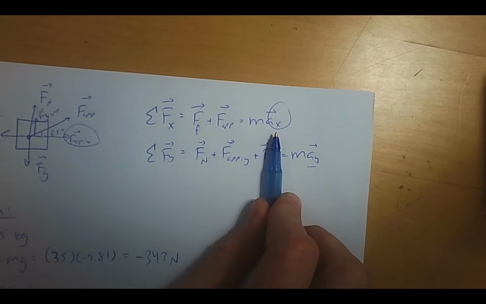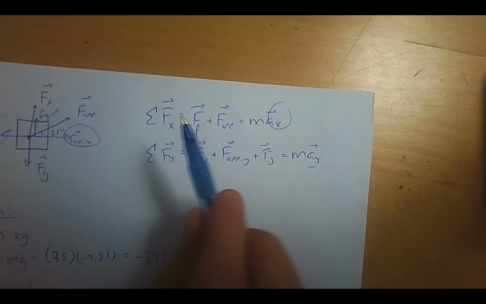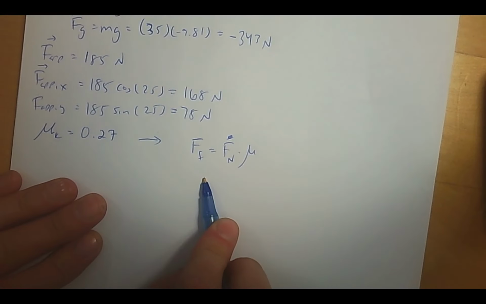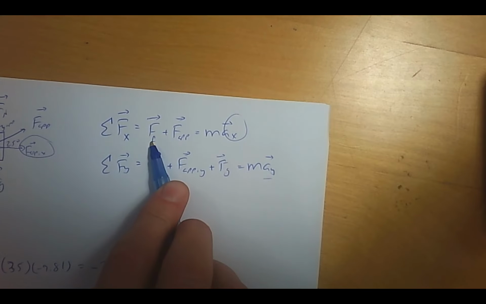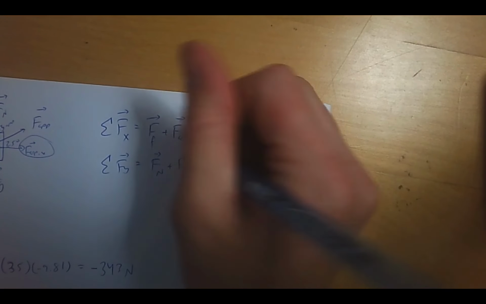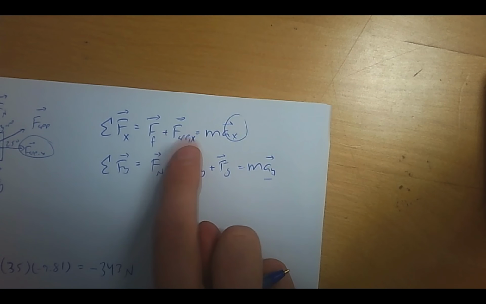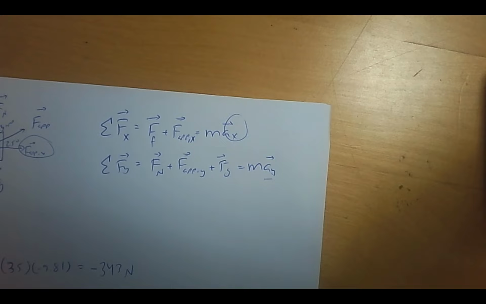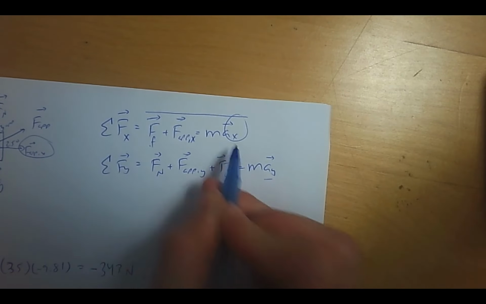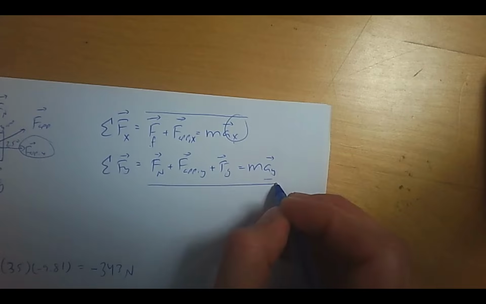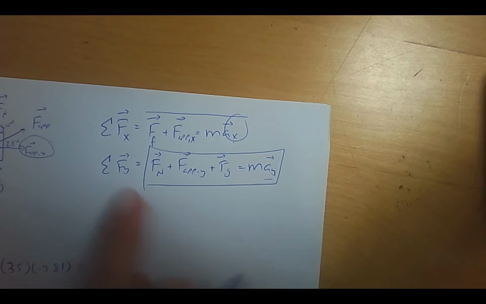So I'm going to need to use this equation to solve for x acceleration. So friction is unknown right now. I need to find my normal in order to find friction. So I have one unknown. This should say the x component of my applied force. Whoops, I hope you caught that. And then, so that's known. That's known. So actually, in this equation I have 2 unknowns, friction and acceleration. So I should use this equation here to solve for normal, and then this equation to find friction, and then plug it in here to find the